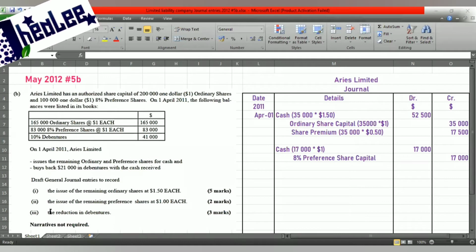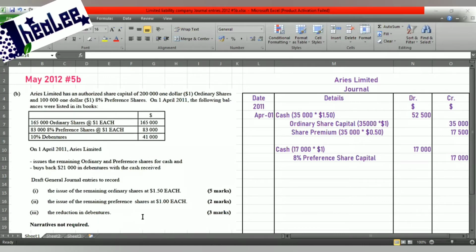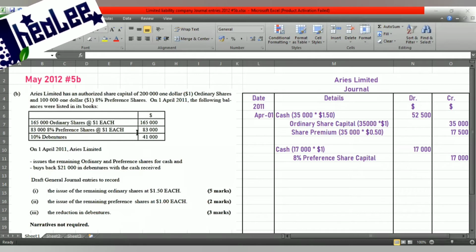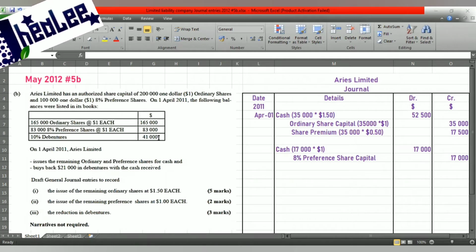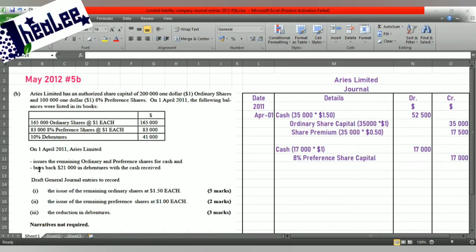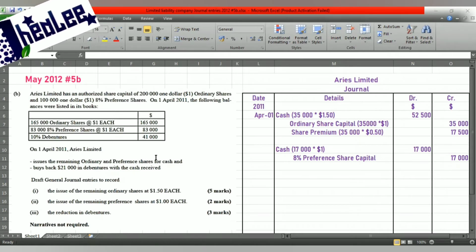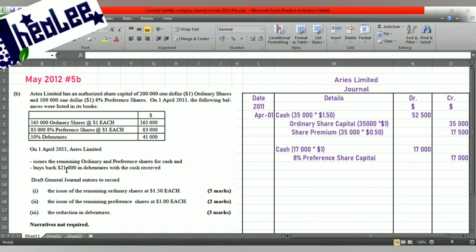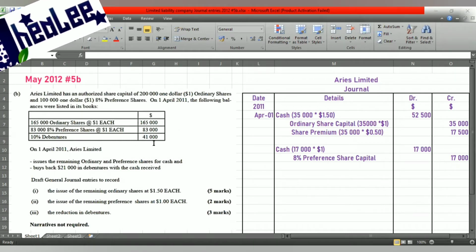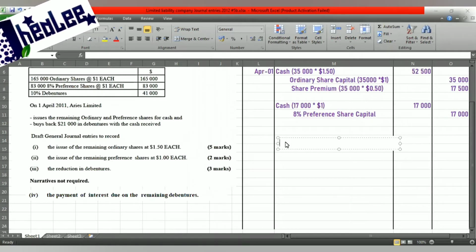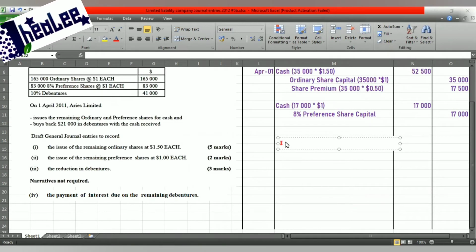We're now looking at part 3, which is the reduction in debentures. The information provided is that 41,000 was generated from the issue of debentures, meaning the business acquired a loan of 41,000. However, out of the sale of the shares, the business paid back $21,000 on the loan. So there's a reduction in the loan. The first thing that we're going to look at so that you can understand the concept is the double entry for the issue